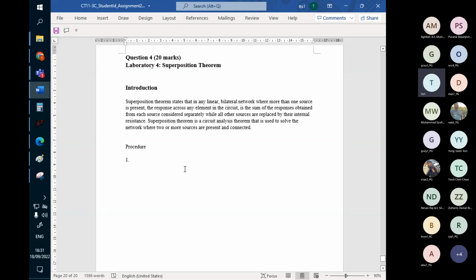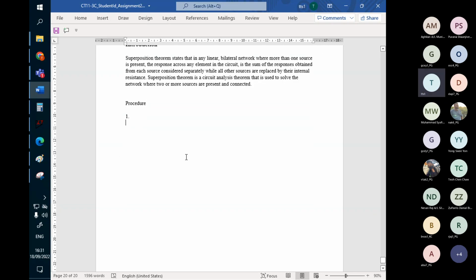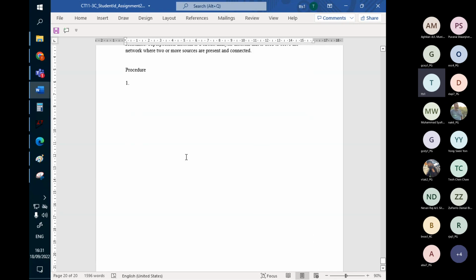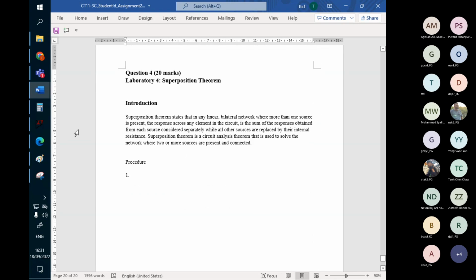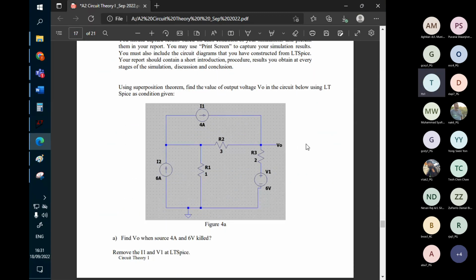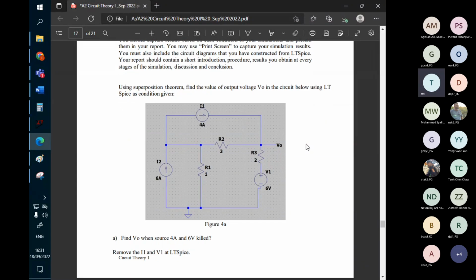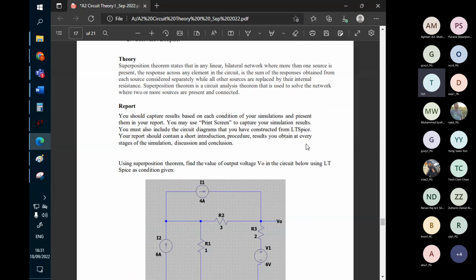Okay, I will not show you how to prepare your reports, but instead I'm going to show you how to do the simulation. Let's look at the simulation question again. So this is the one. And I think the first step what we need to do is